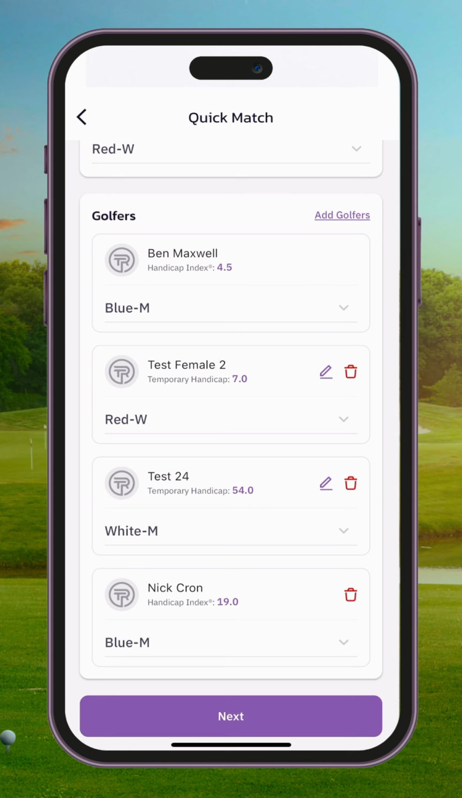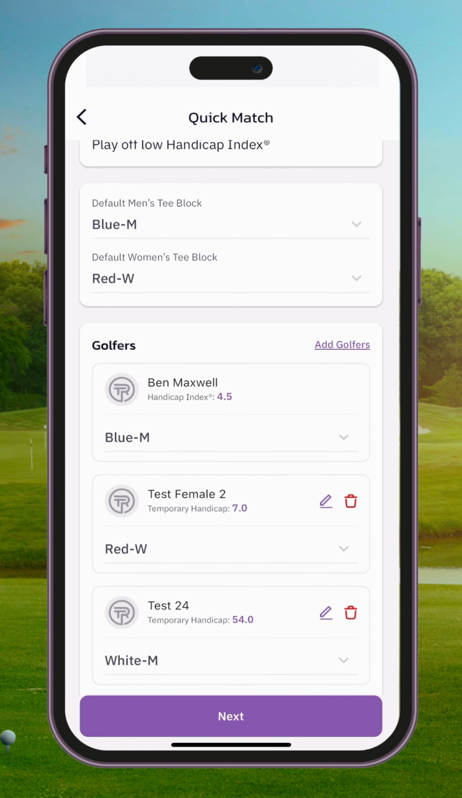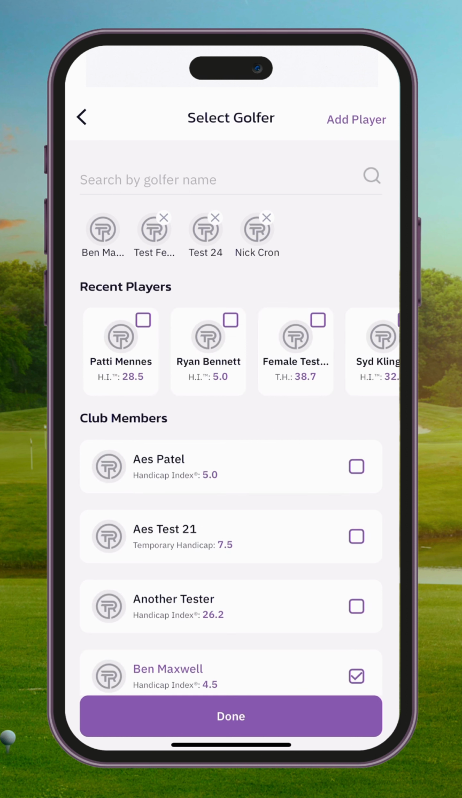So that's why Ben Maxwell here is not offered a pencil next to their name. You can also add golfers. So I'm going to show you real quick what it's like to add a golfer. Let's say they're not in TeeRival at all. They've never used TeeRival. You can go to add golfer and add player up here in the top right, and